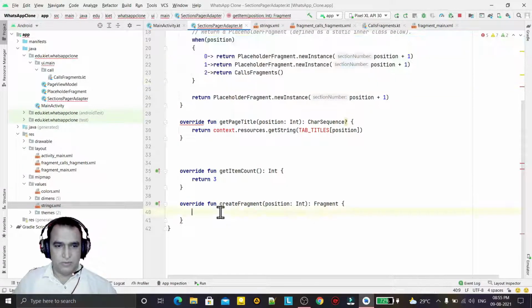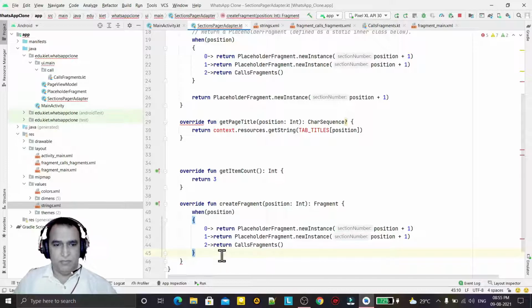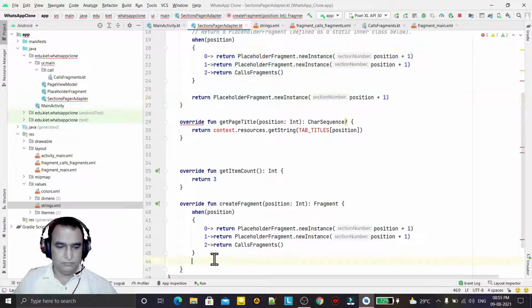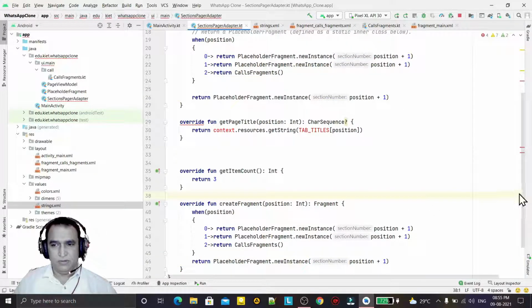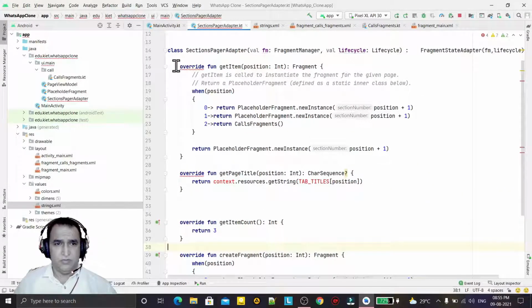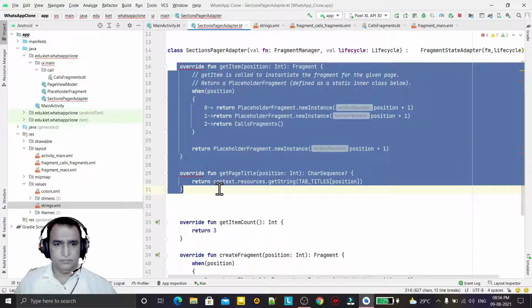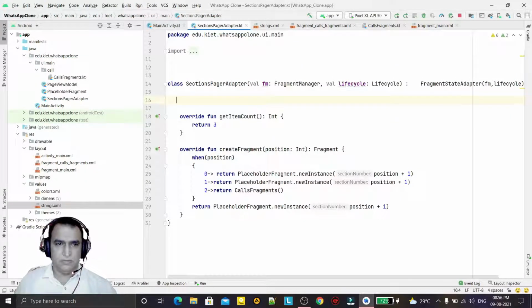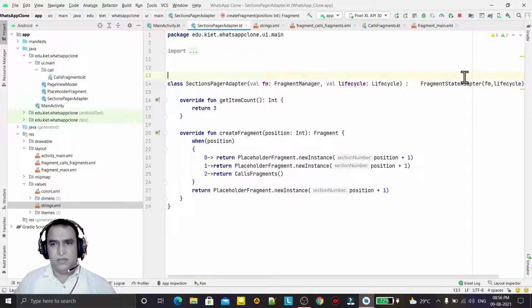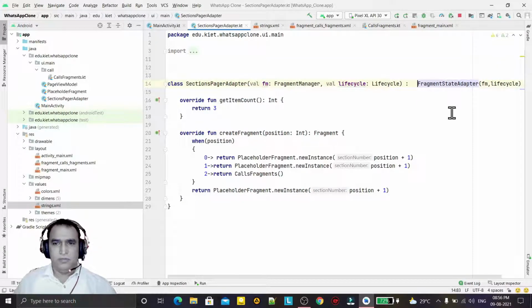Copy this one and paste it here, and by default return this one like this. So we have done this, so no need of this, we just remove this one like this. We have removed this, so we have updated to the latest API class, FragmentStateAdapter.